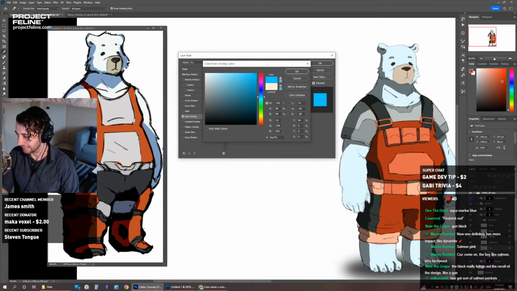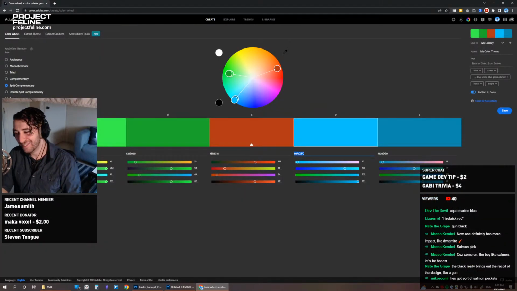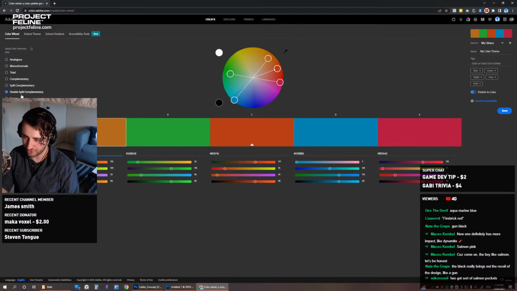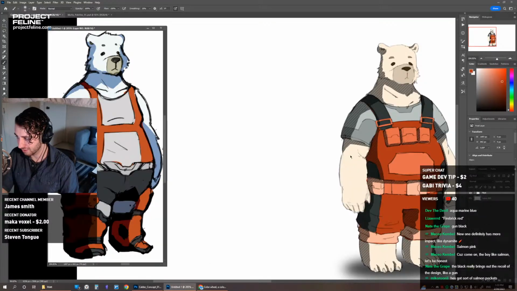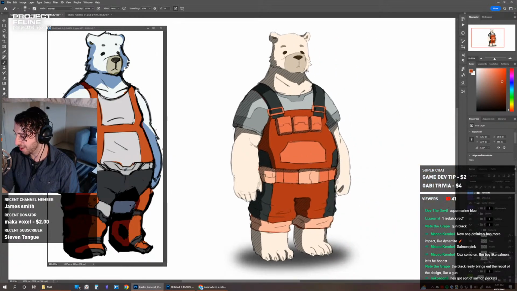Oh no. What if I desaturate it a little bit? Nah, he looks sick. No. He looks ill. Maybe not. What about this? If I do double split complementary and pick this gold, I'm curious what that'll look like. It's similar. Oh no, it's literally two hues different. So I think we were actually kind of close. All I need to do is change this to 30 instead of 33, and that'll be exactly split complementary with the red.